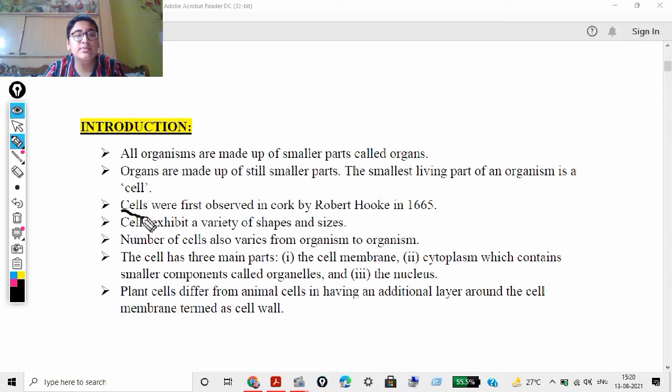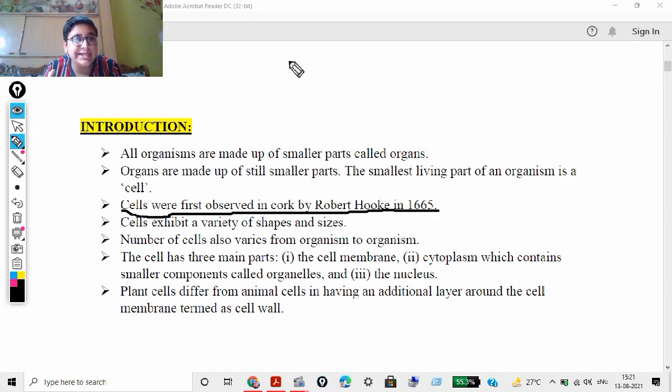Now, cells were first discovered in cork by Robert Hooke in 1665. Now, what is a cork? I'm going to explain it very simply. Cell was firstly discovered by Robert Hooke in 1665. And how did he discover it? He took a dead part of a trunk of a tree. Dead parts, that is known as cork. That cork he observed with the help of a microscope,